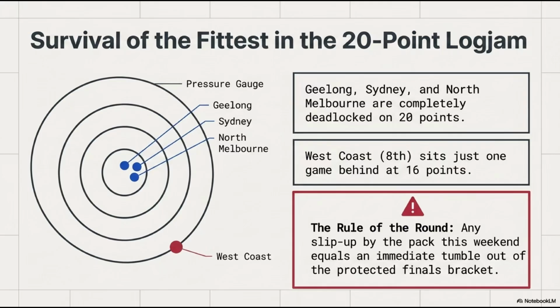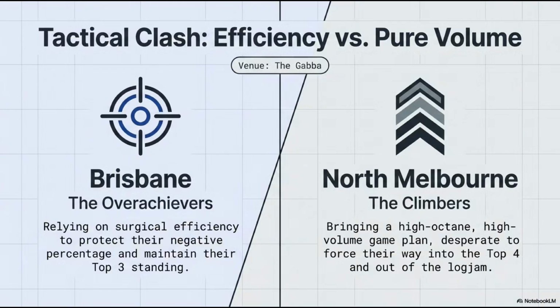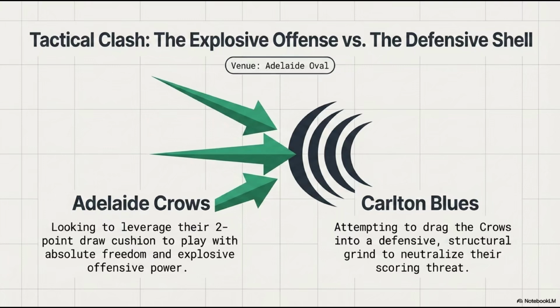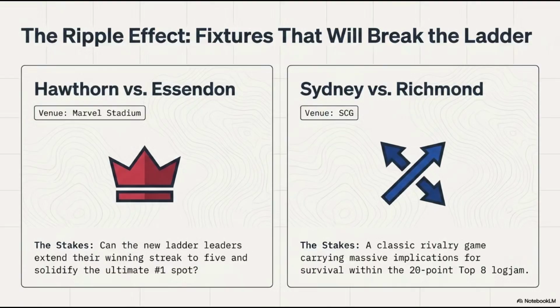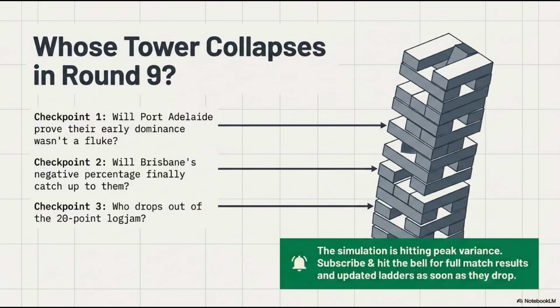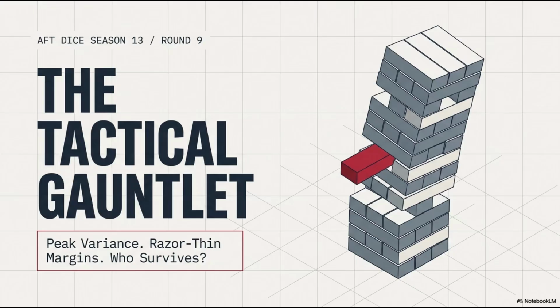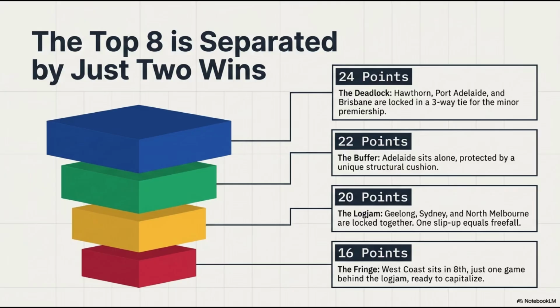Right, but the law of large numbers always comes to collect its due. Meaning regression to the mean is basically kicking down Port Adelaide's door right now. Precisely. The early favorable rolls are vanishing, and their true baseline is showing. The simulation is finding them out over a larger sample size of games. That's why this Gold Coast matchup is a true test of their structural integrity. It's not just about ladder position. It's a test of whether their algorithm has completely collapsed.